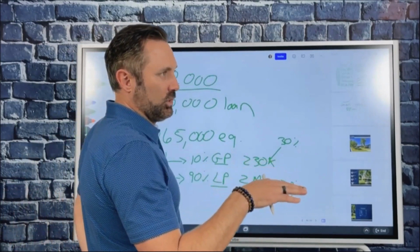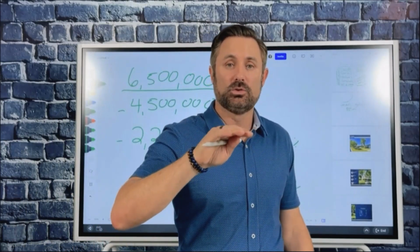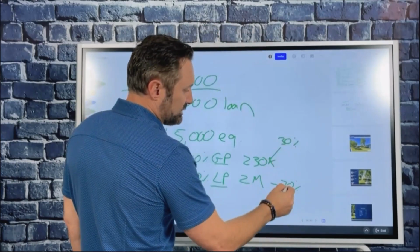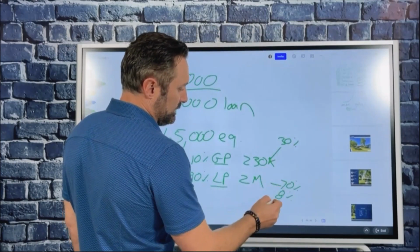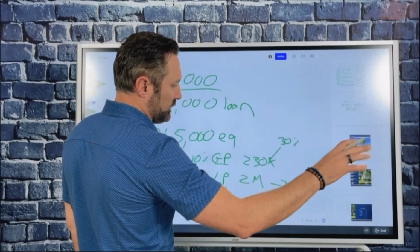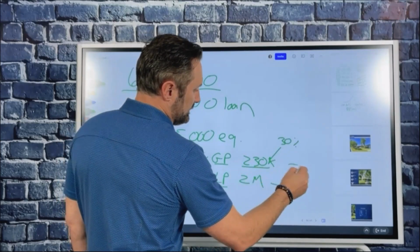What I mean by preferred return is that it gets paid, or accrues if you can't pay it, first before you split any profits 70-30. So this gets paid out to the investors first before you split 70-30. Your 230K gets this as well,